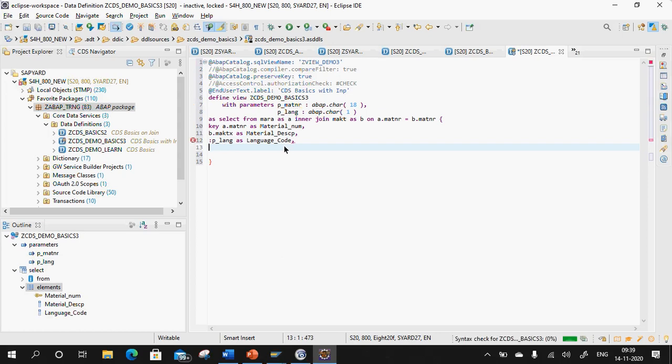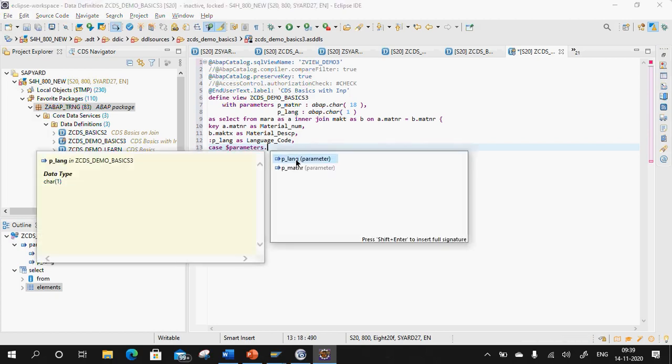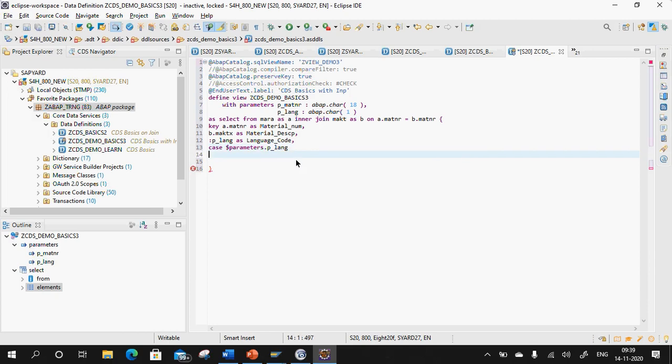Now let me show you a scenario where I can use the case statement here. So case, and let me show you the other way around to use the parameters. So $parameters dot p underscore language, when English, then I give the description as English, else non-English.